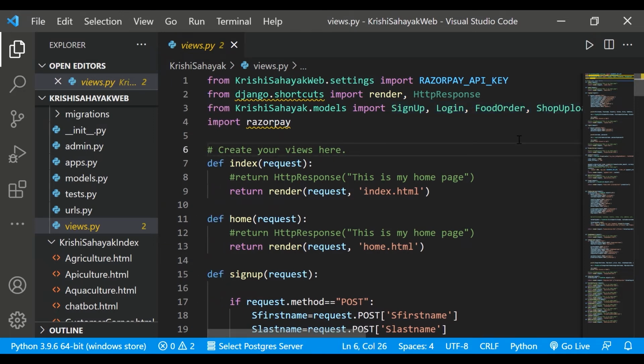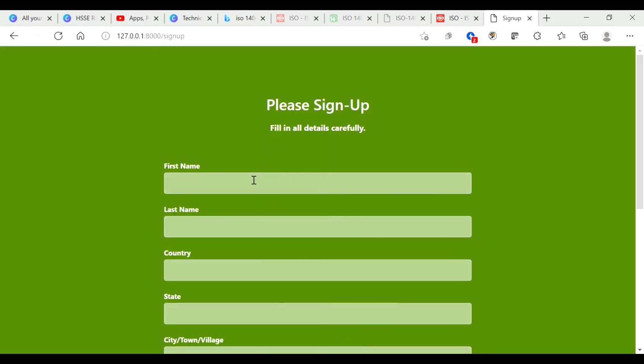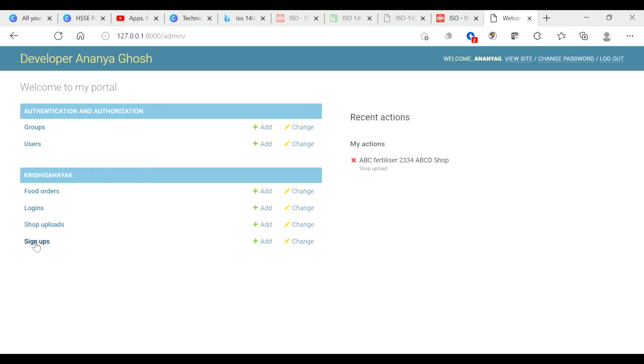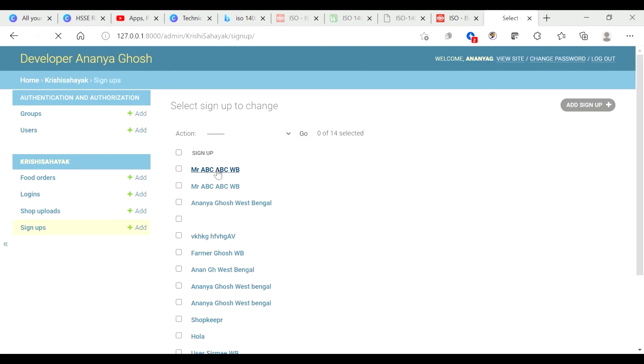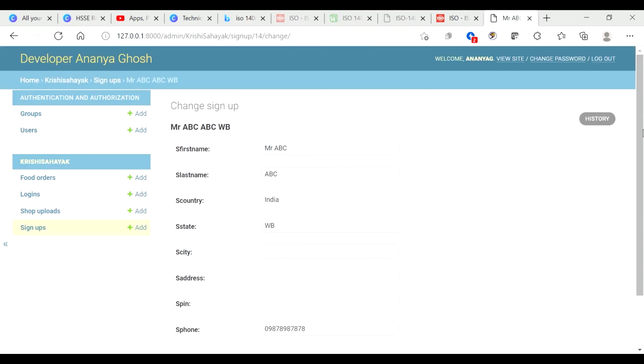Now I'll show you the working of the whole project once. So here I take you to the whole website. So first I go to sign up. I fill the details, and then I sign up. So the details have been filled. How do I understand? I go to the admin page and I check if my data is coming to the database. So this is what I filled recently, and yes, it has come. So good, our app is working.